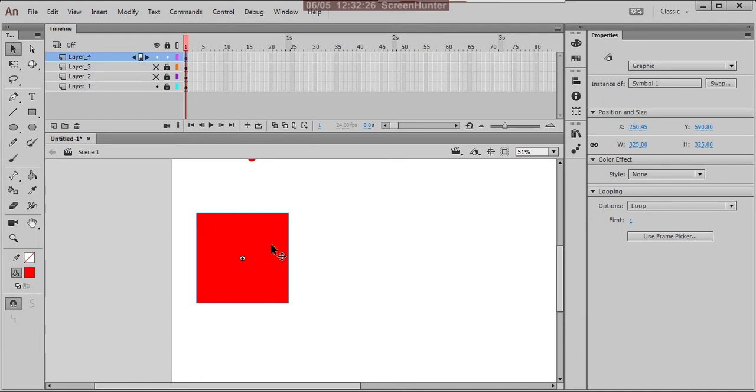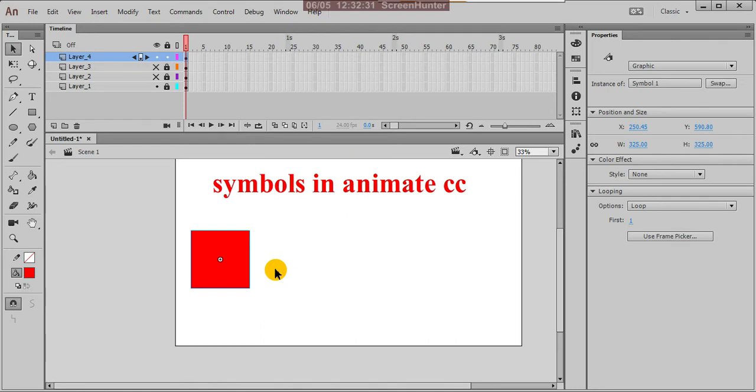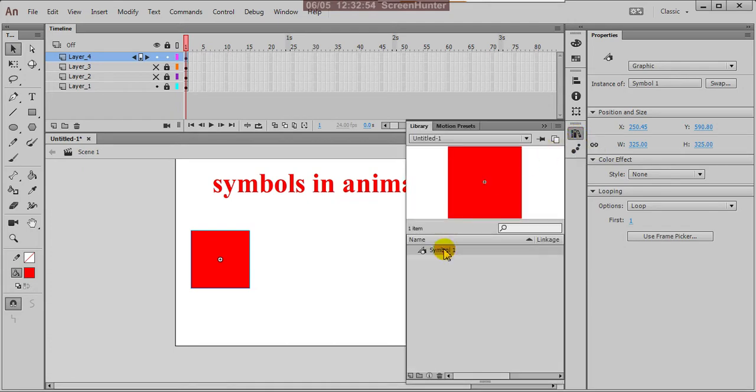Okay, this is a graphic symbol. So what is a graphic symbol? Graphic symbols are static symbols. Static images, static poses are graphic images. Statically it appears and stays. Suppose you converted that shape into a symbol, then you can go to the library. From the library, your symbol is stored. You can check here, this is the box and this is the box. It is showing the symbol icon. You can name it, double click it and name it whatever you like.